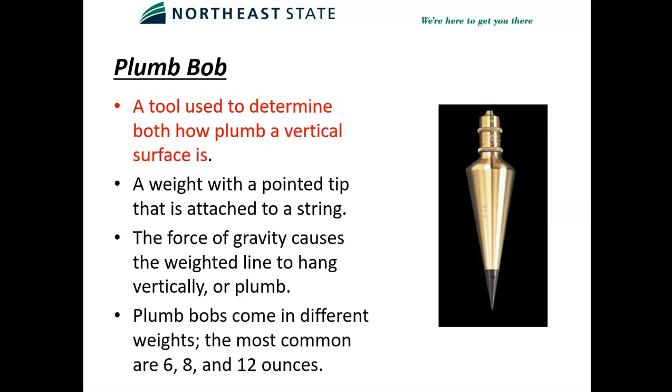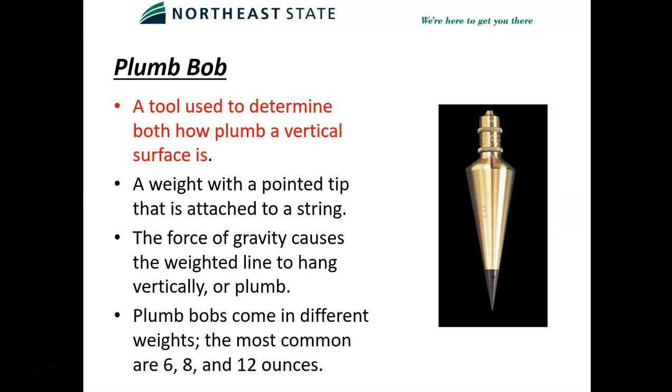All right, a plumb bob. This is a heavy weight or a weighted object that points down. So typically a string's gonna go to the end in the top of that, and it'll hang down straight. So an example I usually use in the classroom is if I want to mark a spot in the floor directly underneath the sprinkler head, I could take that string that's tied to that and tie it to the sprinkler head, and that gravity is going to pull that weighted object straight down to the floor,